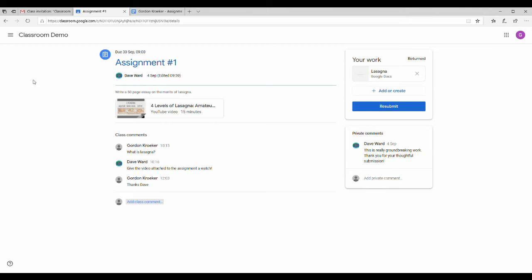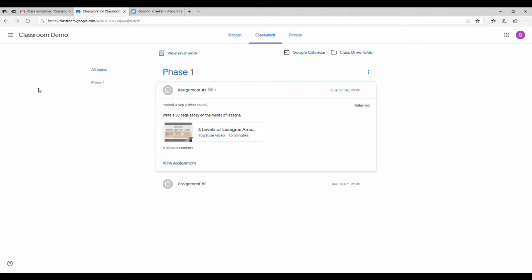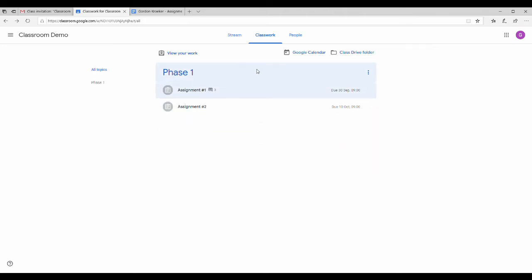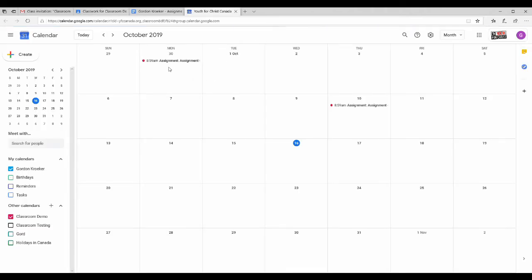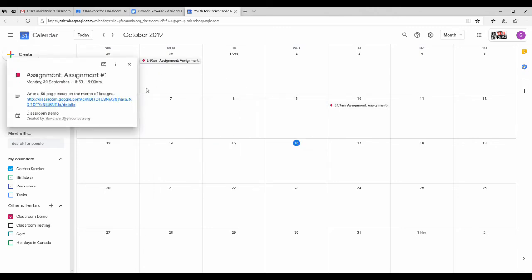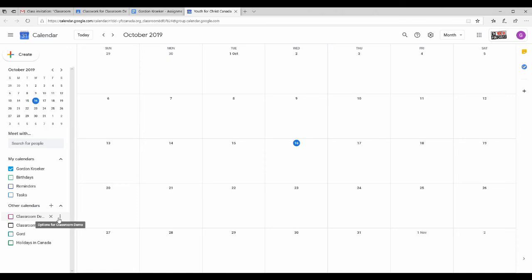So the last thing we'll look at here, going back to the classroom page, is using Google Calendar to remind you about upcoming assignments. So we'll click on this Google Calendar button up here, and it will bring us to our calendar. And we can note that the assignment due dates have shown up in our calendar automatically. We can see that we've got a separate calendar for all our assignments here, and if we go into settings,